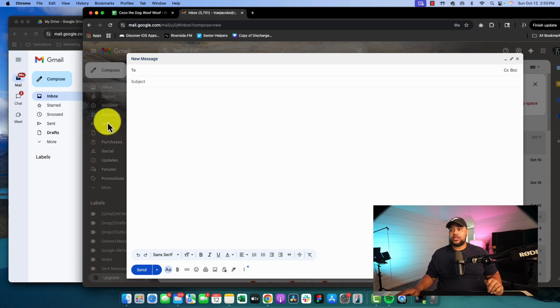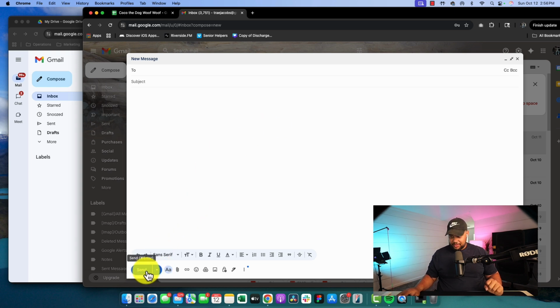But just to show you the two-step process, what you need to do first is go to mail.google.com or however you get to your Gmail on a browser, and you're going to just select Compose, okay? And once you hit Compose, you're going to have your window set up with your new message. I've made this big so you can't see all my emails. But you're going to put your subject, you're going to type out your email, and next you're just going to